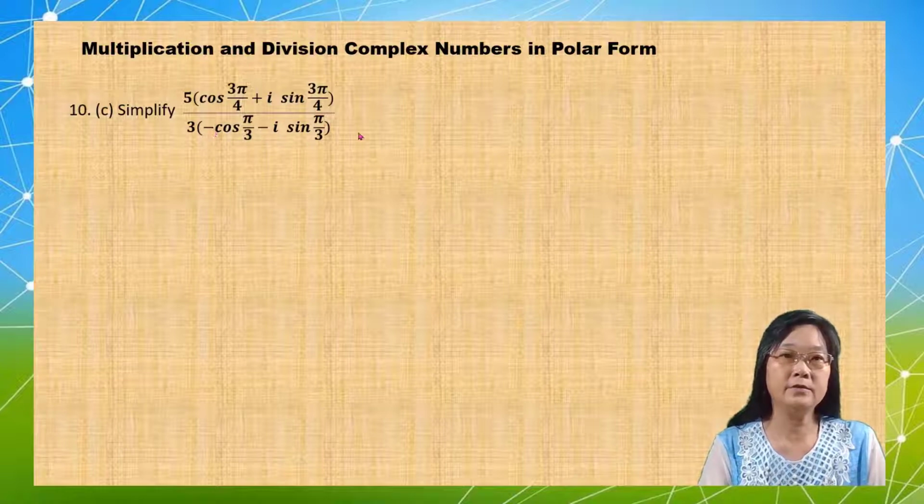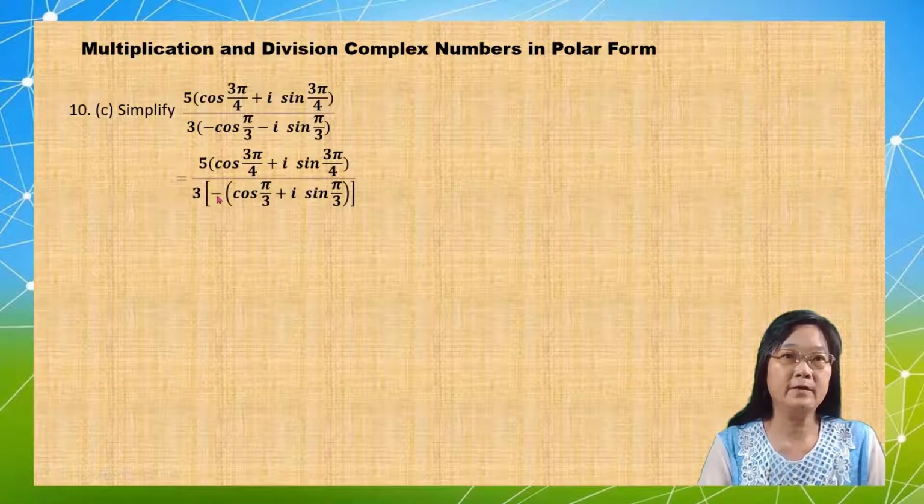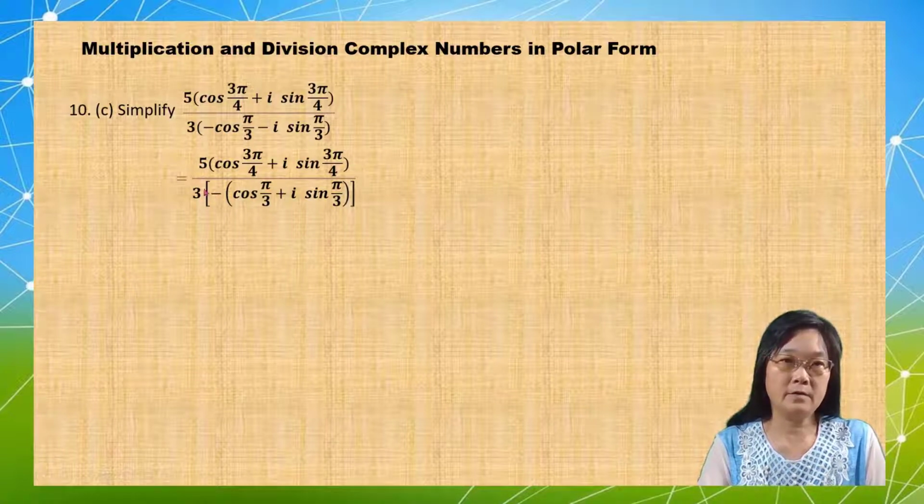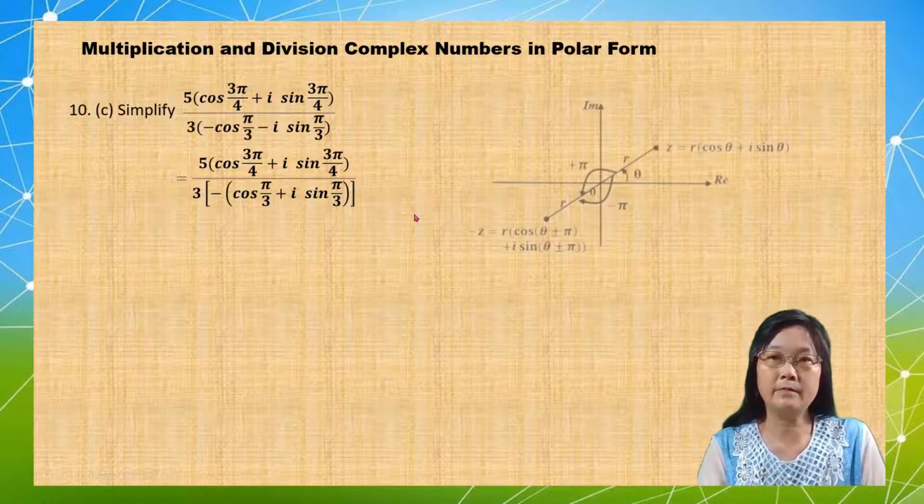Now we need to change to positive. So to change the negative to positive, now we factorize the negative out. So here the polar form is correct. But now this negative cannot combine with the modulus because we know that the modulus must be greater than 0. Now to solve this problem, let's